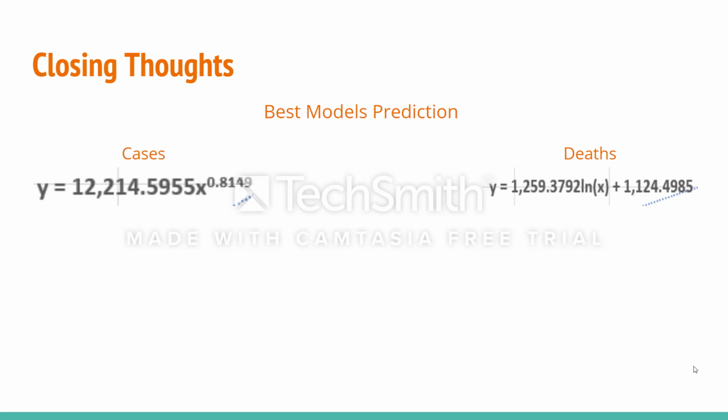And on your right, you can see the best model for predicting COVID-19 deaths, which is the logarithmic model. This is 1,259.3792 times the natural log of your variable, plus 1,124.4985. And in closing, we think that even though our data suggests that the mandate, if it was still in